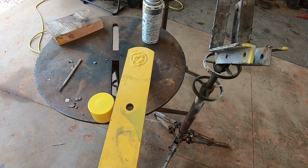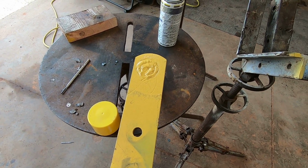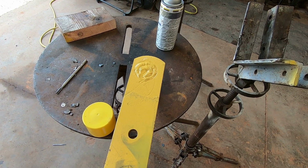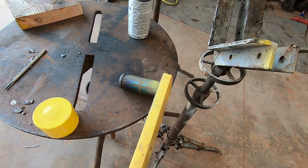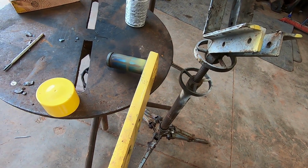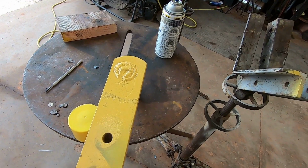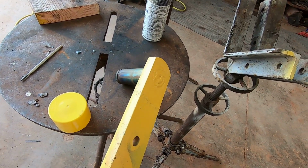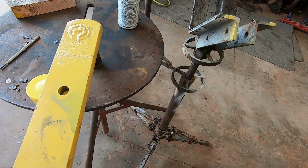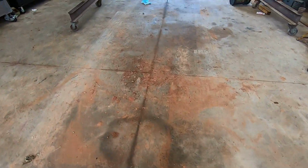Okay, so I got her welded up. This thing has developed a couple of hairline cracks around that weld that holds that pin into this arm. When you buy this piece from the factory, it's a one-piece deal, and this is on the loader. But I was concerned that that crack might eventually let loose and the pin would come out of this plate, and then I'd have a disaster. So anyway, I scarfed it out,